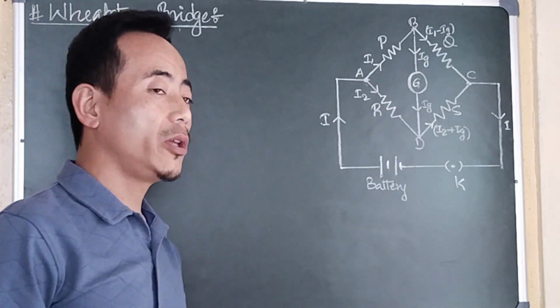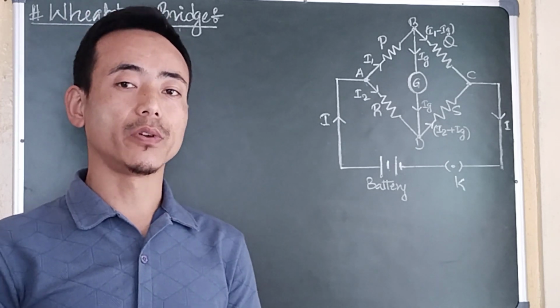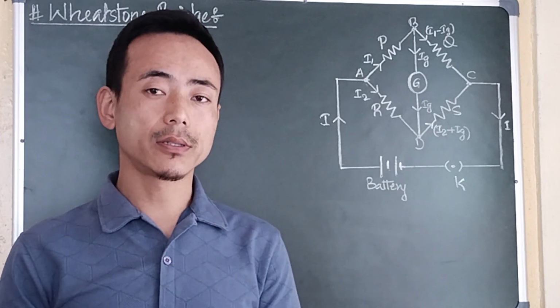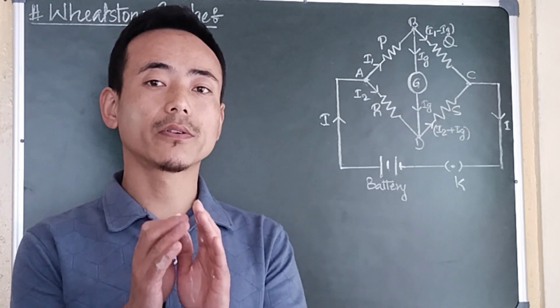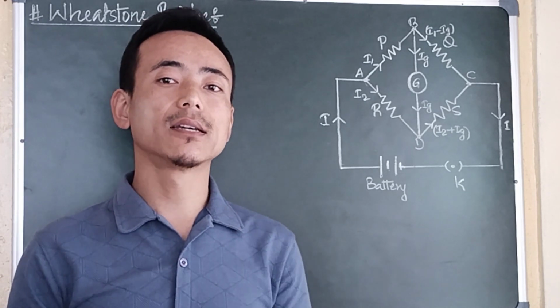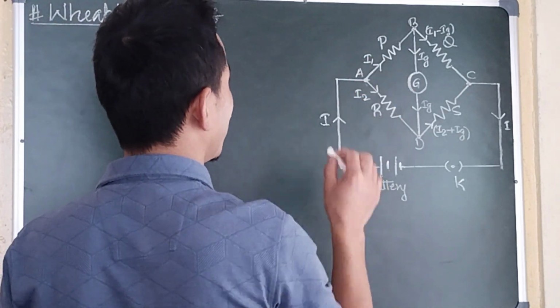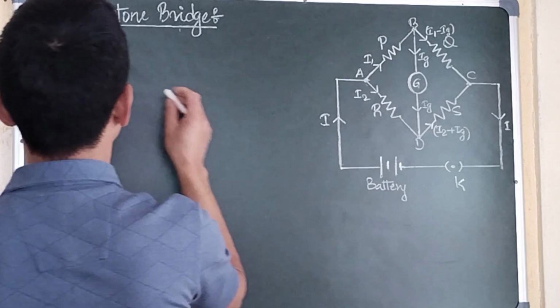Here we will be using the loop rule of Kirchhoff's, which says that in any closed path of the circuit, the sum of the products of current and resistance will be equal to the sum of the EMFs in that closed path. If you consider a loop, it has to be a closed path. So we will consider the loop